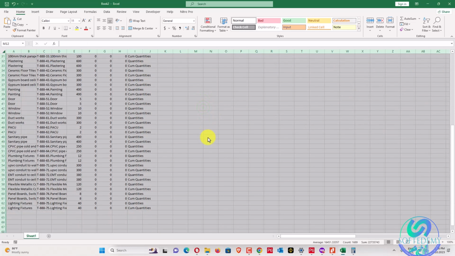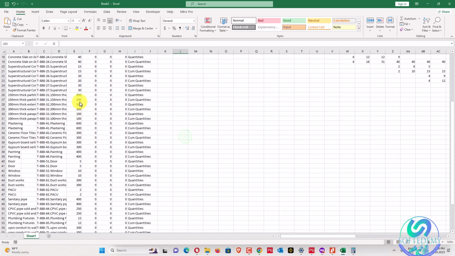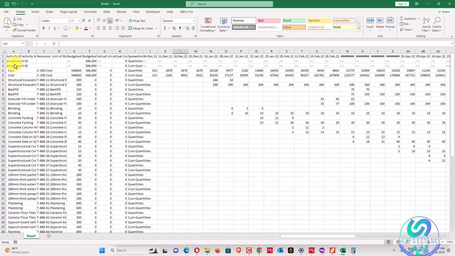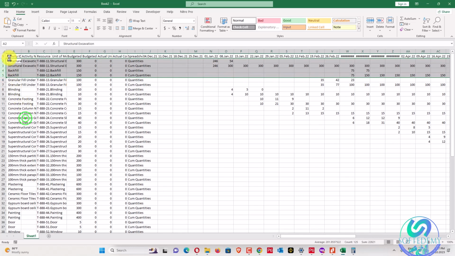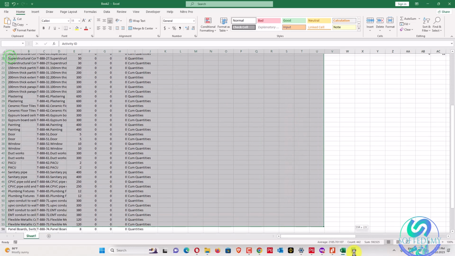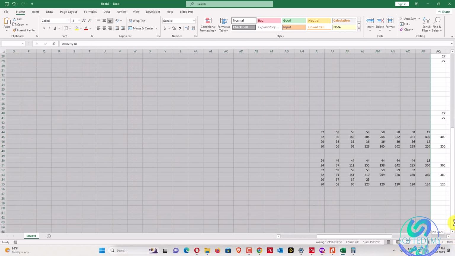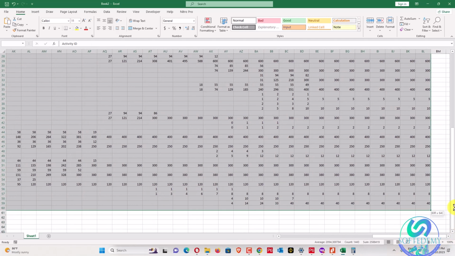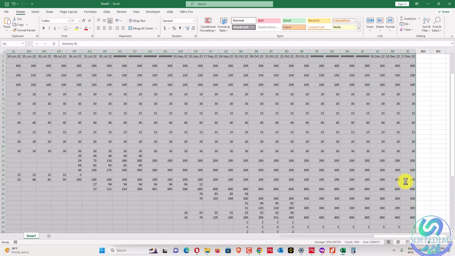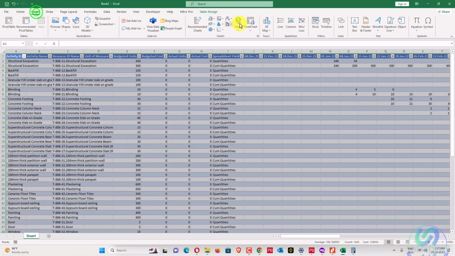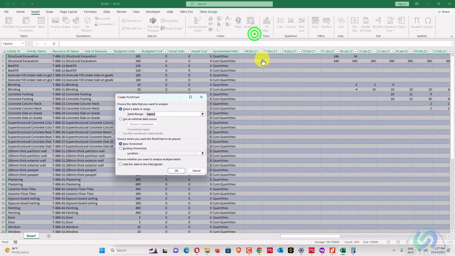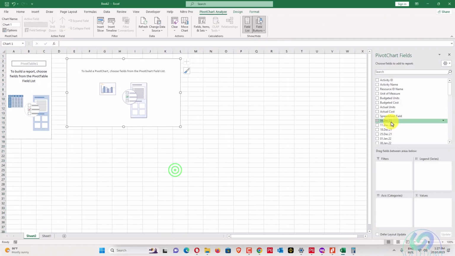Now we'll select here my assignment and cost and delete them, because I do not need cost data here, and I will select all my recommended, this one, and I will insert a table here, and now insert a pivot from this one, table 1.